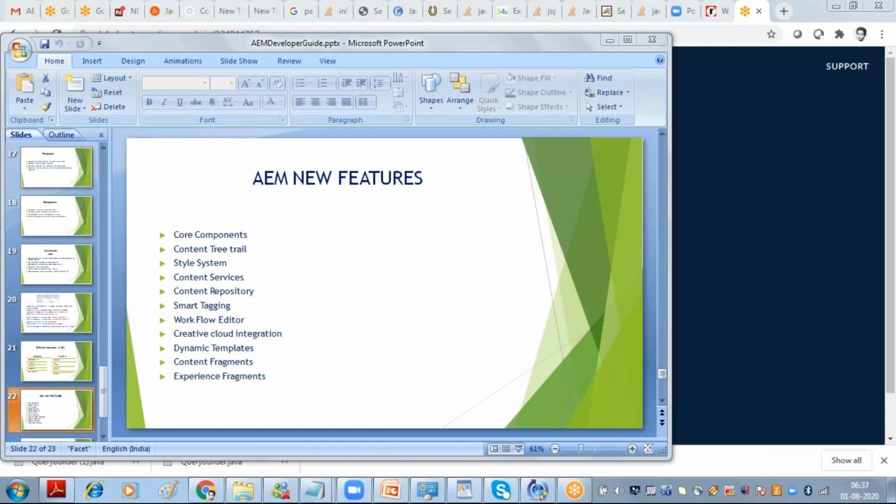Hey, Biswal, just a question. Where did you get the license file there? Sorry, the license file? So you have the 6.2 instance, right? There is an author folder. In that author folder, you have the license.properties file. You just copy that and put it in the 6.5 author folder where the jar file you placed. Okay.